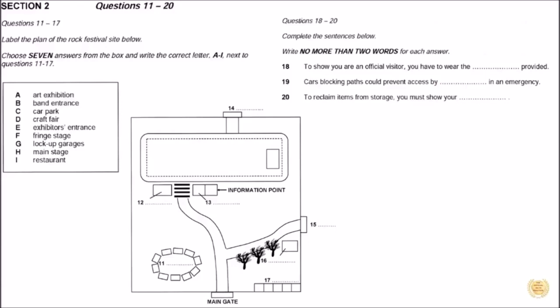You can see the main gate at the bottom of the plan. Have you found it? That's where most visitors will enter. It's also the entrance for those taking part in the craft fair. We've set the stalls just inside the gate on the left in a circle. If you walk straight ahead from the gate along the path without turning right, you'll come to some steps up